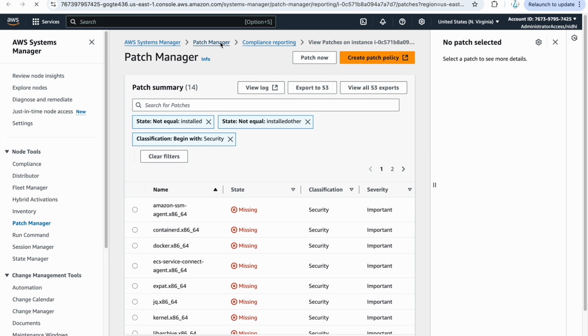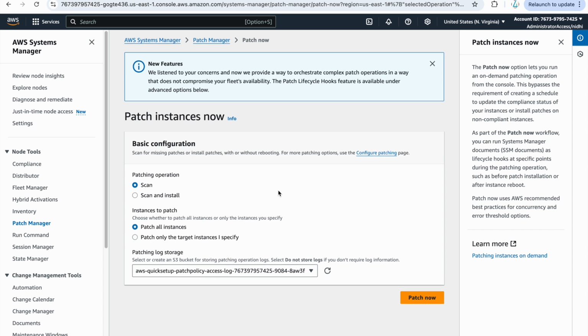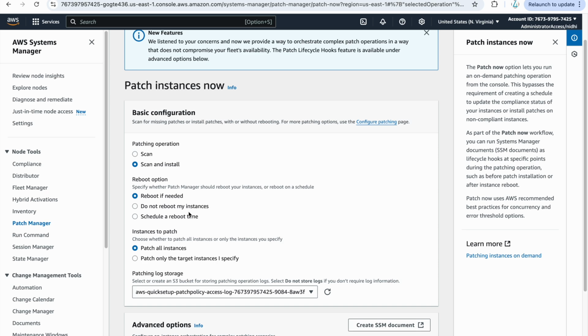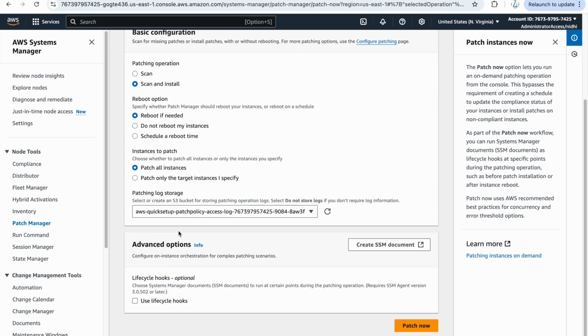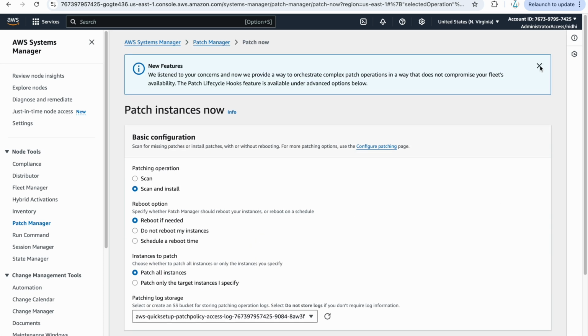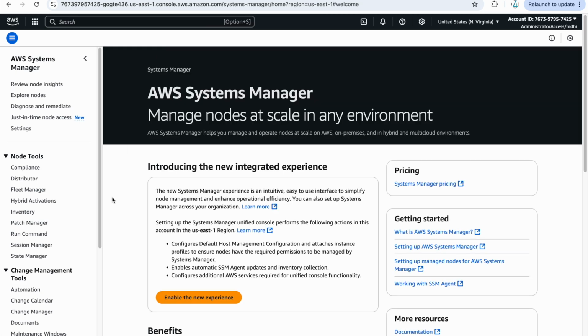So this is the way you can use it using maintenance window. You can actually click patch policy also and do it that way, but I don't see the need of it. And if you ever want to do the patching now, you can click on patch now, and it is the same option: scan and install, reboot if needed, do not reboot. So you can do these things from here also, but people use the maintenance window, and there you can schedule it, check the history and register the targets based on the tags, everything you can do.